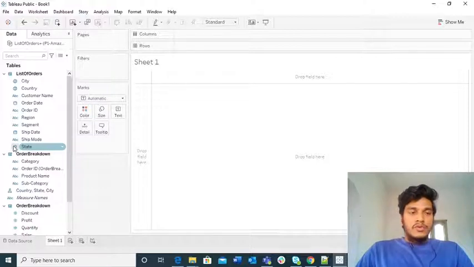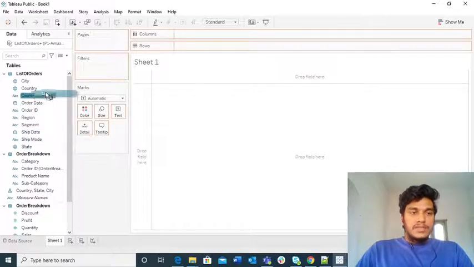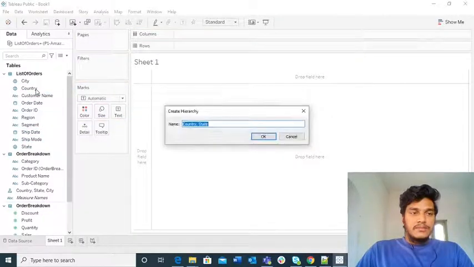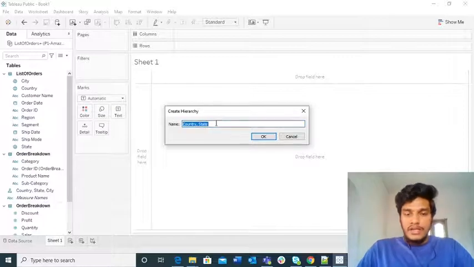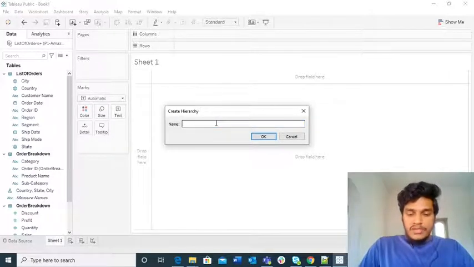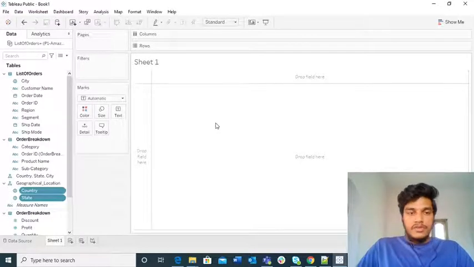So what I want to do is place state within country. When you drop one column onto another column, it will ask for the hierarchy name. I am giving the name as geographical location.